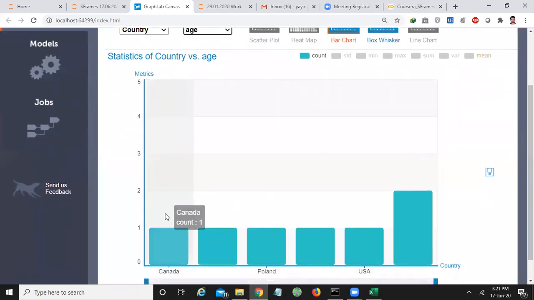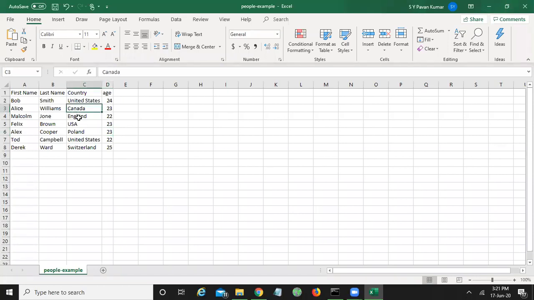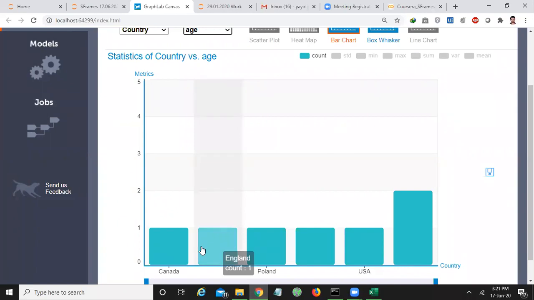What it says, for example, Canada, we have only one value, and England is also one value here. By plotting age with the country, similarly Poland we have only one, and Switzerland also only one.